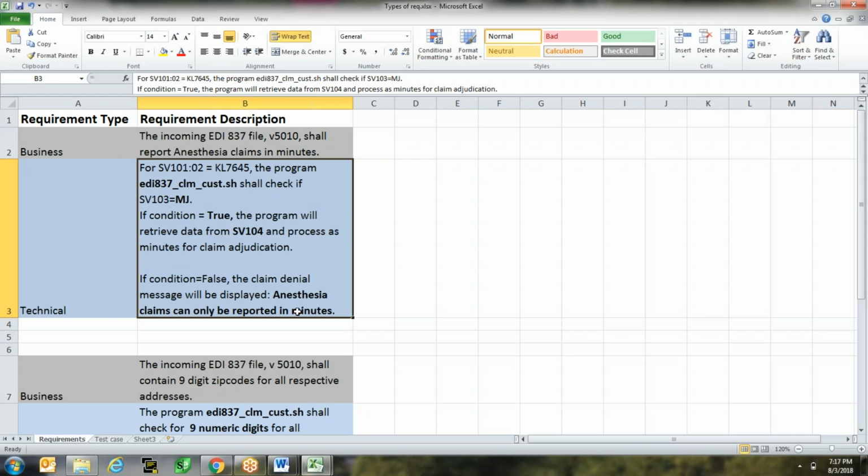Hey, Dhruv, I have a question here. For the anesthesia technical requirement, let's say, for example, we did not write it in the correct way, or whatever we wrote is not correct, how would we know whether it's correct, and whom would we have to check with? Well, based on the discussions during JAT sessions,